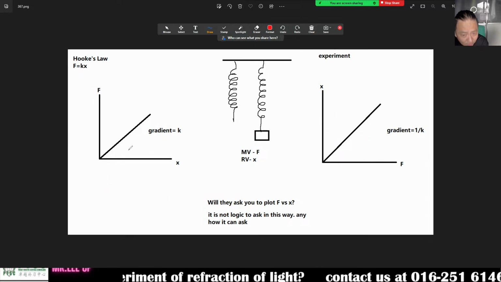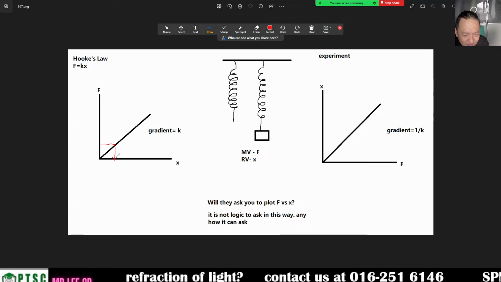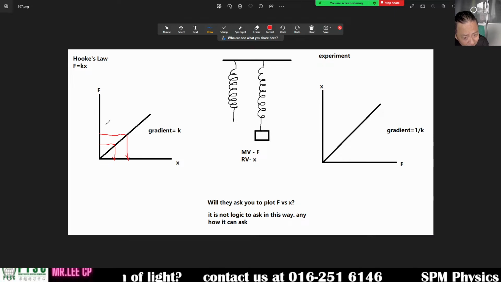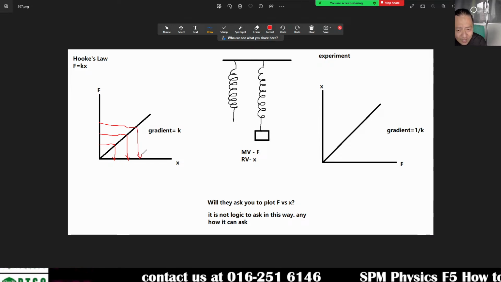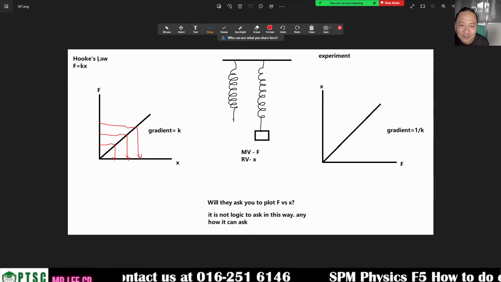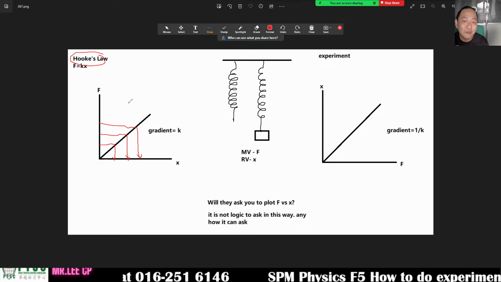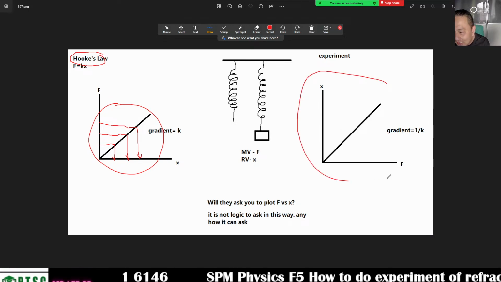Now, if you do it this way, not to say cannot, you put 1 kg, and then you plot graph like that. 3 kg like that, extend 4 cm. Who taught you that? Yeah lah, I know lah. But anyhow, this one wrong or not, I never said wrong. But logically,